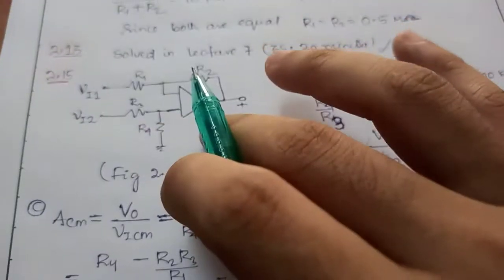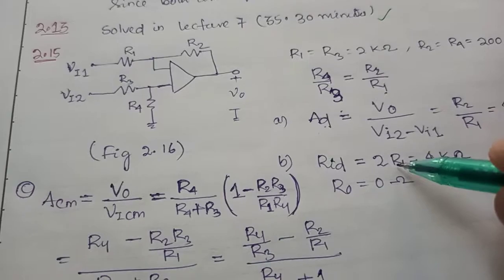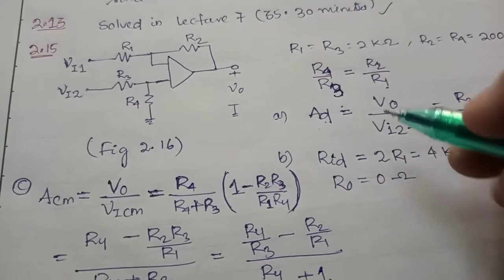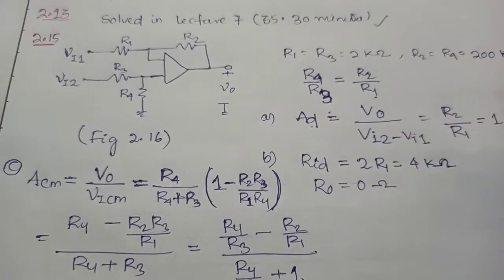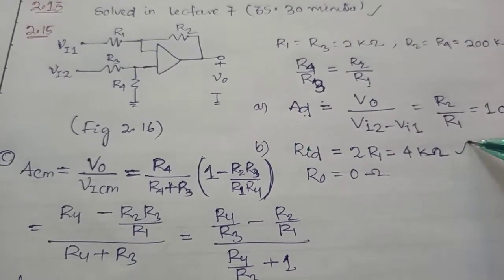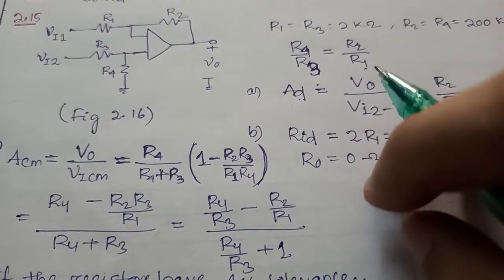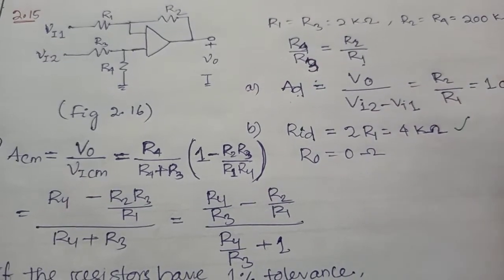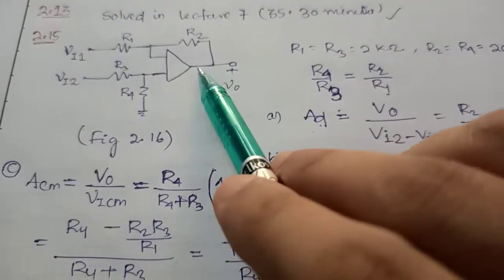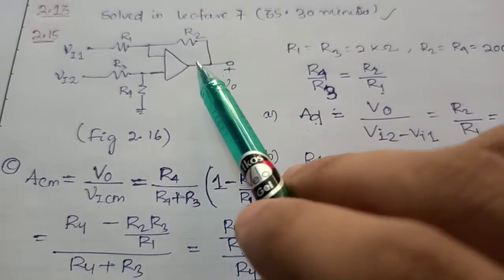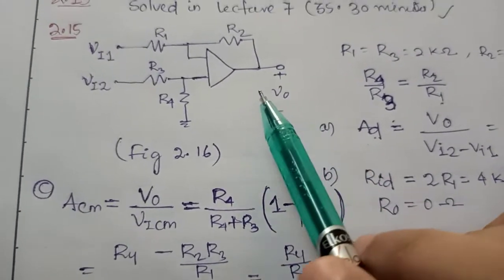We know that for a differential amplifier the differential input resistance is nothing but 2R1. You can check the theory part of this differential amplifier that I mentioned there. So 2R1 is the input resistance. Since R1 is equal to 2 kilo ohm, 2R1 means 4 kilo ohm. And we know for an op-amp our output resistance is always 0 because the output voltage is independent of this output resistor. So this R0 value is 0, because it is always a short circuit path, never an open circuit. My R output is nothing but 0 ohm. 0 ohm means it is a short circuit.